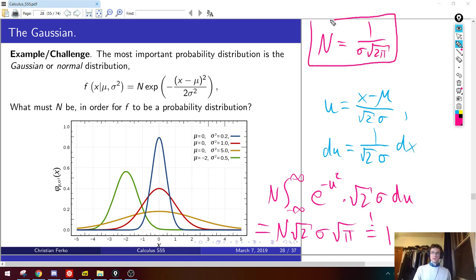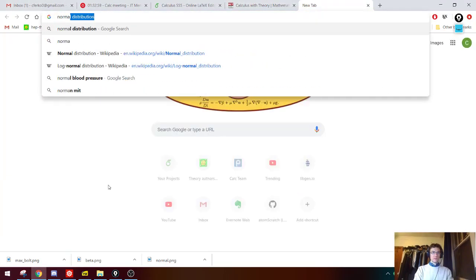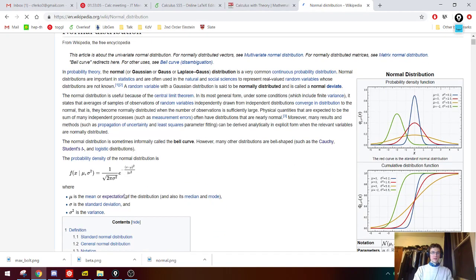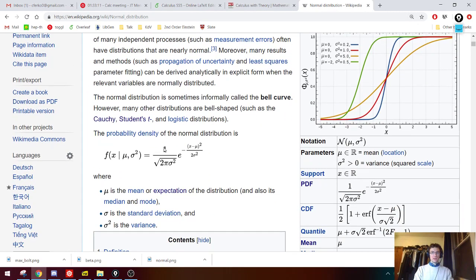Good. Correct. Very good. And indeed, if you've ever looked up the bell curve or the Gaussian distribution, the normal distribution, even on Wikipedia, you will always see in front of it this funny factor. Sometimes they put the sigma into the square root and make it a square, but it's the same as what you just told me. You always see this prefactor out front, this 1 over root 2 pi sigma squared, or sigma outside the square root. So if you're ever wondering where that number in the bell curve came from, it's just because when you do the integral, and you have to have memorized that the integral of e to the minus u squared from minus infinity to infinity is root pi, it's very important. Once you've done that, this must be the prefactor.